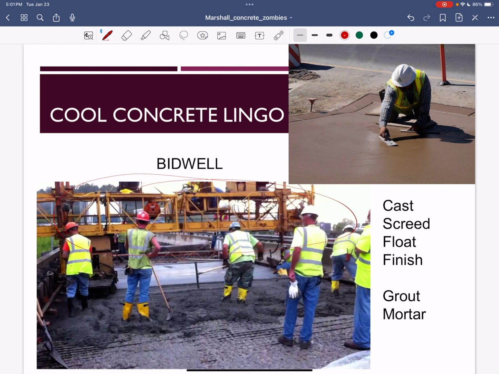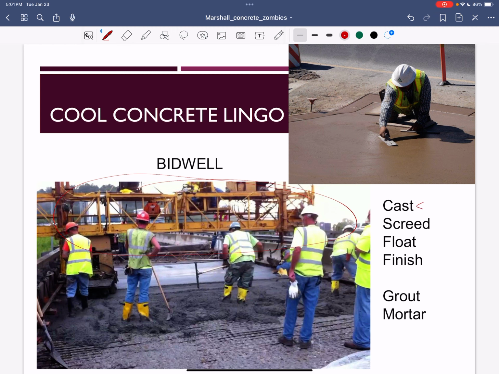So these guys are just trying to make sure that they, and I shouldn't just say guys, although these pictures seem to have a lot of guys. There are absolutely women on the team too. You can see that the workers here will be just making sure the concrete gets in place, but the bidwell actually paves the structure as it goes, which is kind of cool.